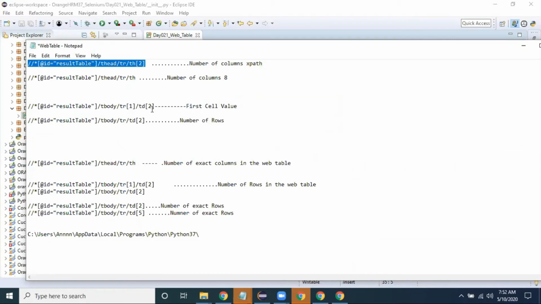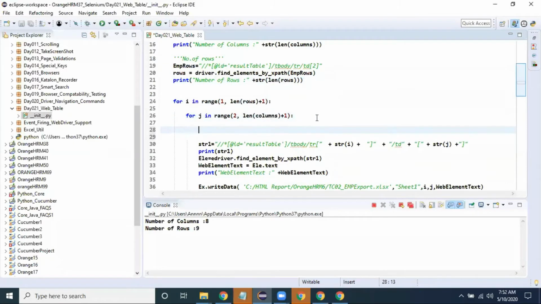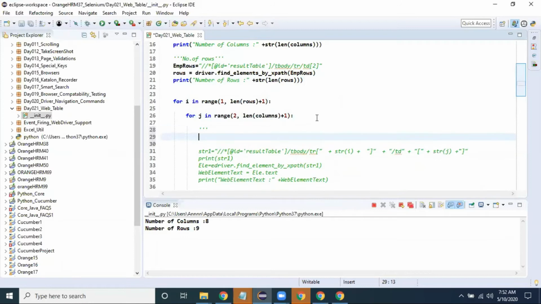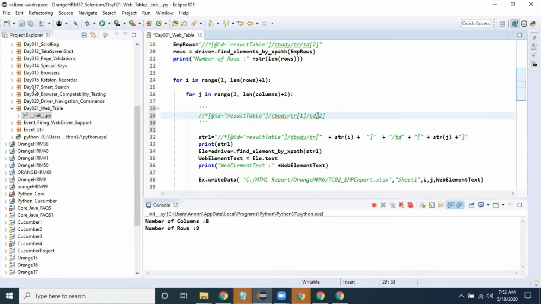This is the cell value XPath I have taken. Control C, and this XPath I have written like this, in expression format.